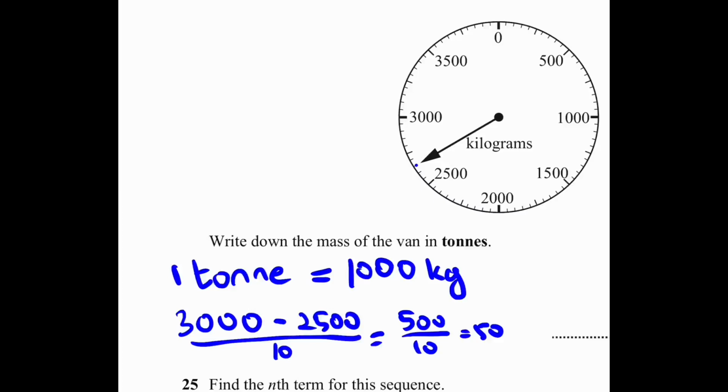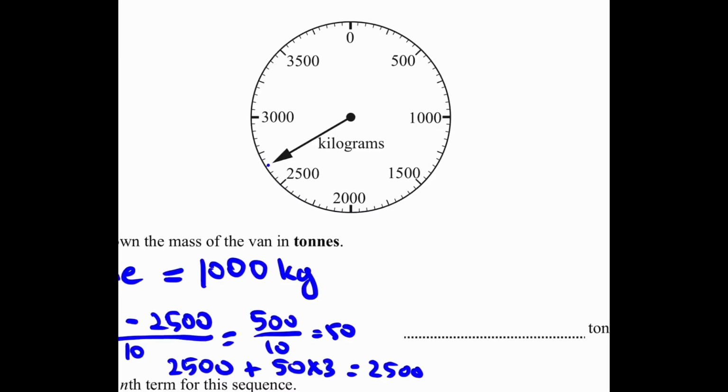And then we need to see how many divisions, 1, 2, 3 divisions, there are between 2500 and this number. So it'll be 2500 plus 50 multiplied by 3, which is equal to 2500 plus 150,